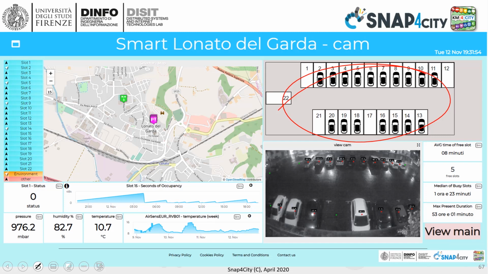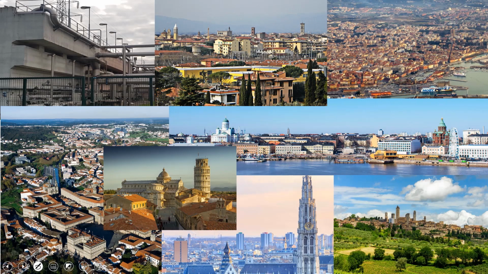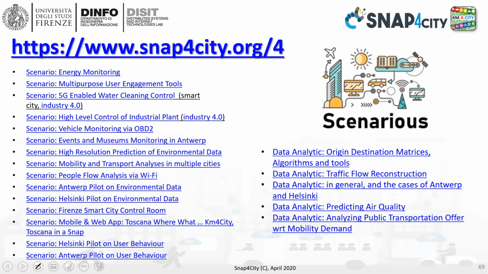So many different cities. We have recently added 6 more cities, and we have a number of them, as mentioned before. Those presented in this part were just examples. You may have a deeper view of the scenarios by accessing this web page, in which you can have the list of the scenarios and also some PDF files that you can download with the schema of the scenarios, with the description of the scenario. The web page linked here